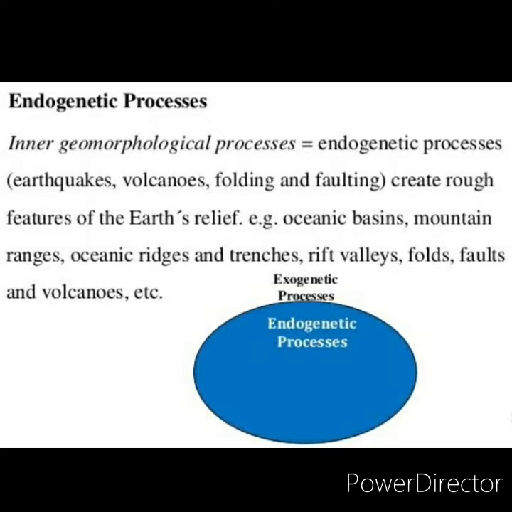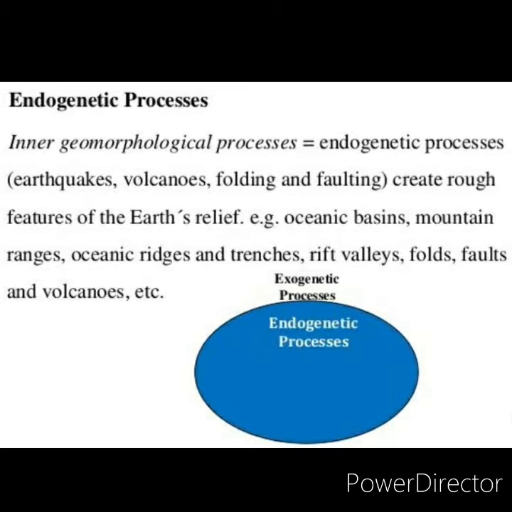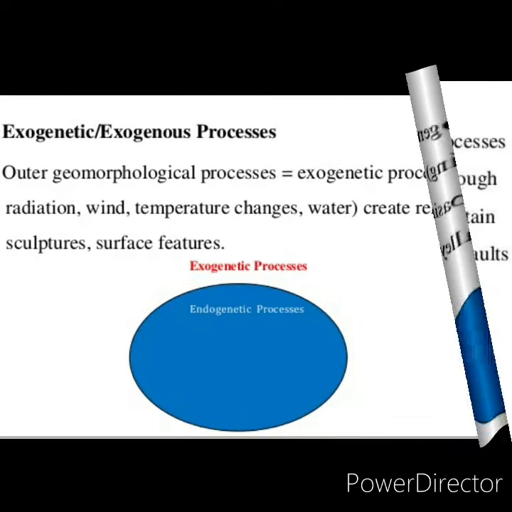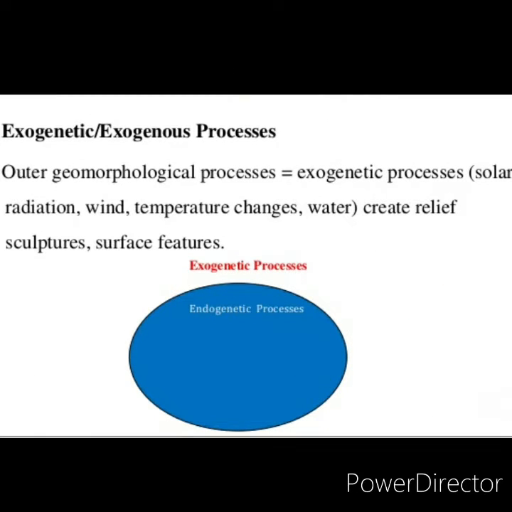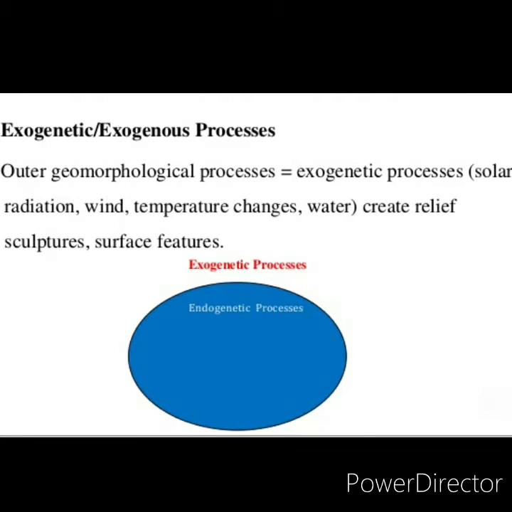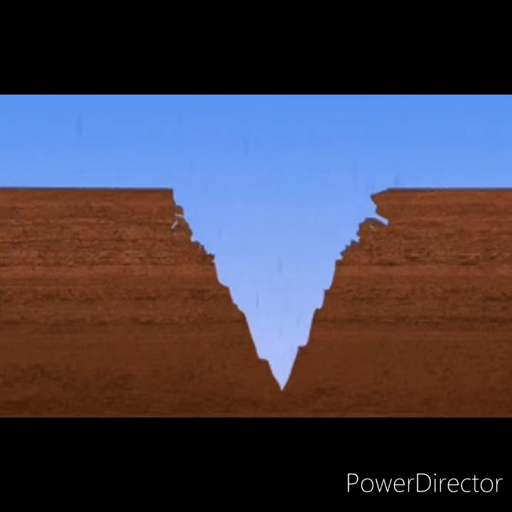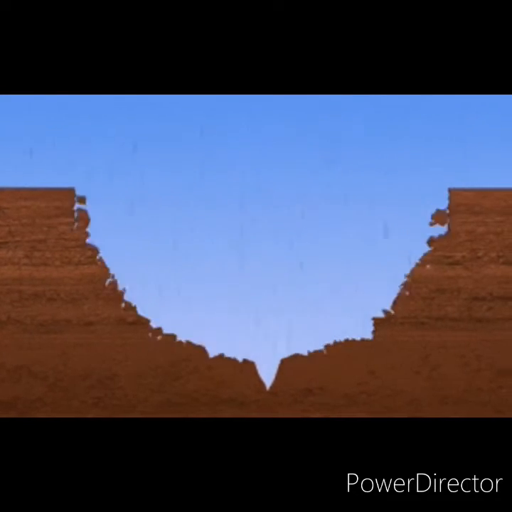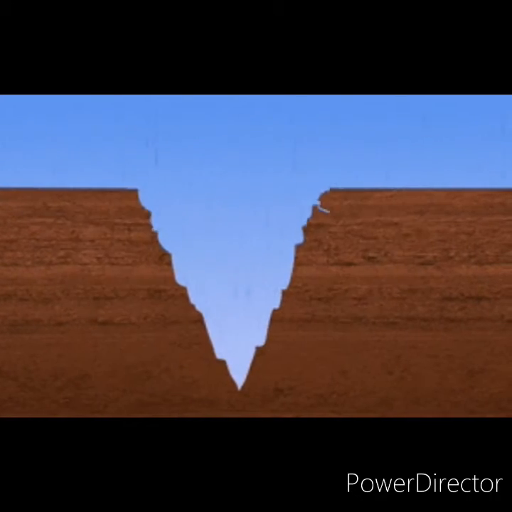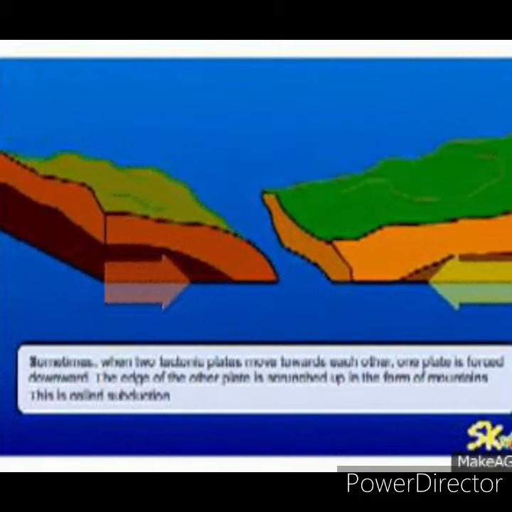These forces build the landscape and create topographic relief. The forces that act on the surface of the earth due to natural agents like running water, glacier, wind, waves, are all called external process or exogenetic process. This external process tears the landscape down into relatively low elevated plains and shapes the landform created by endogenetic process.